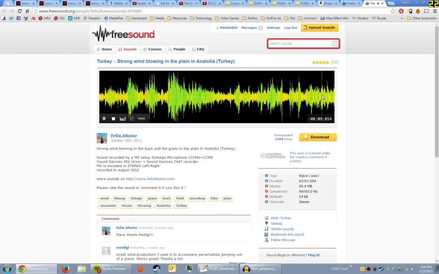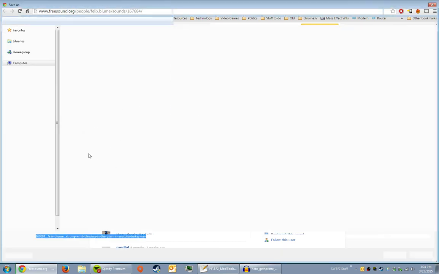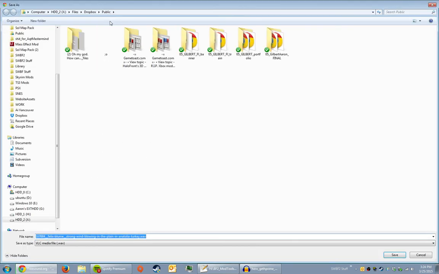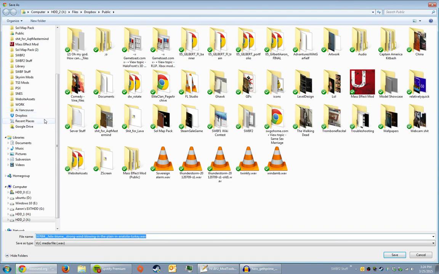This is pretty good. 99 megabytes? Oh my goodness. Yeah, let's start downloading that now, because it'll probably take a long time. Okay,